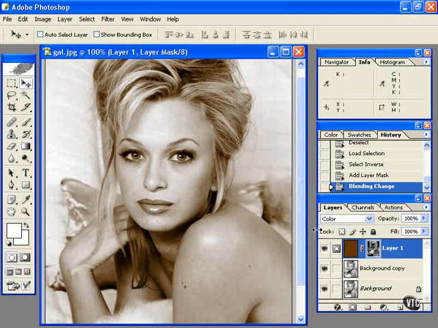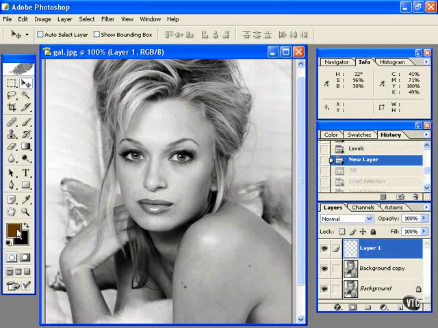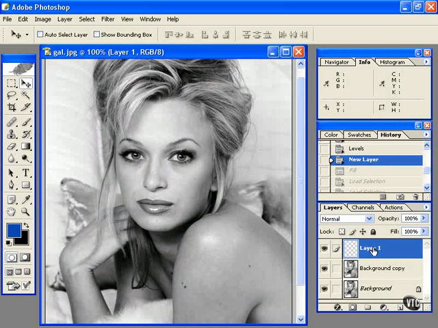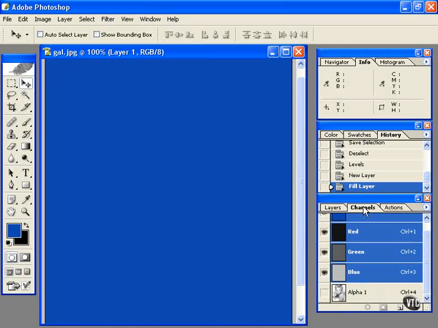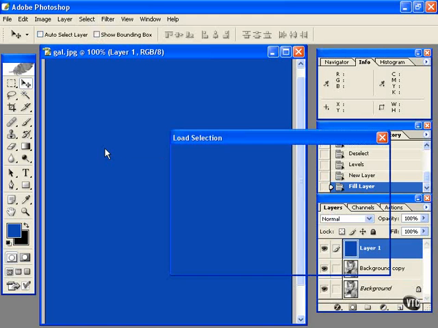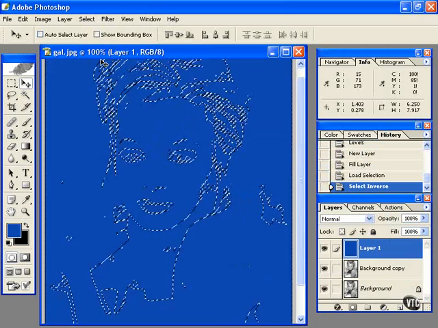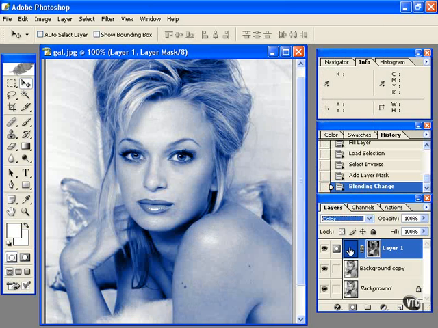And you can use the same technique with a different color. We can go back into new layer here and change the fill to a kind of nice blue. You can fill it and do the same thing. Just select, load selection, invert it, there we have an interesting